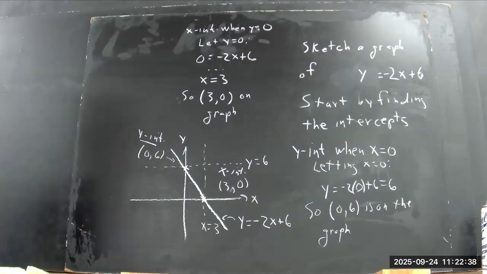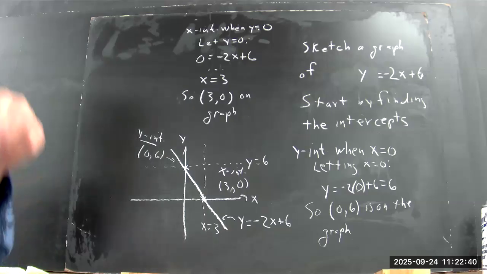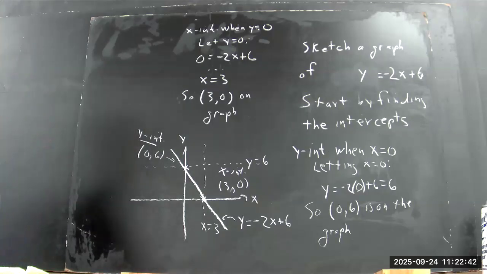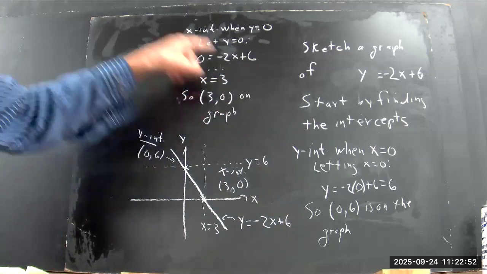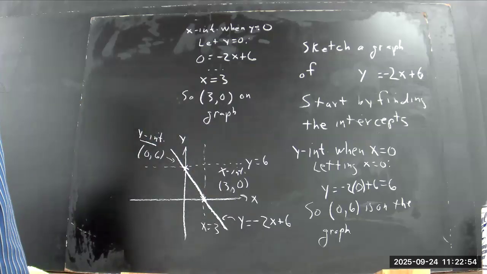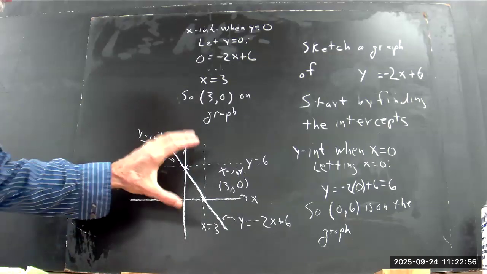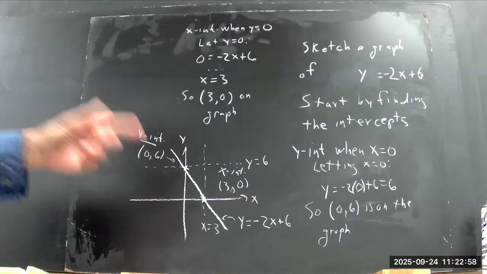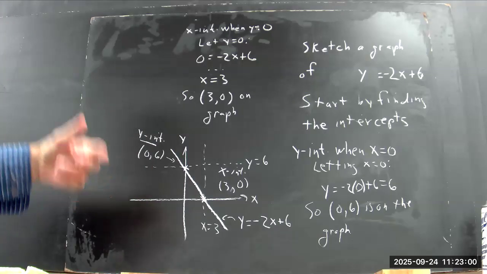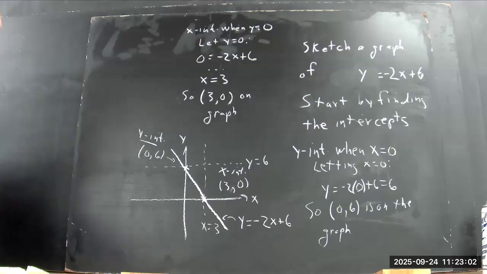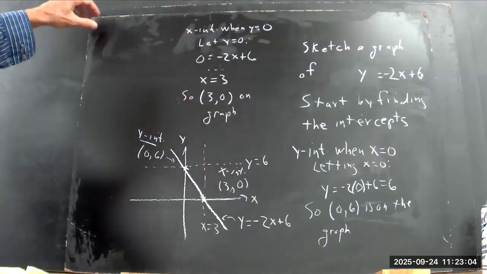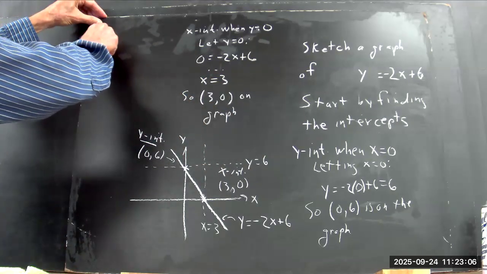The reason I don't want to do that is because you need to have your work written out like that and show yourself that you understand it. Also, if you're trying to review, it's a lot easier to find what went on just by looking at this than it is looking at all these details. Okay? So you want to have a nice, well labeled graph. Now, if you didn't know how to do intercepts, it would have been acceptable